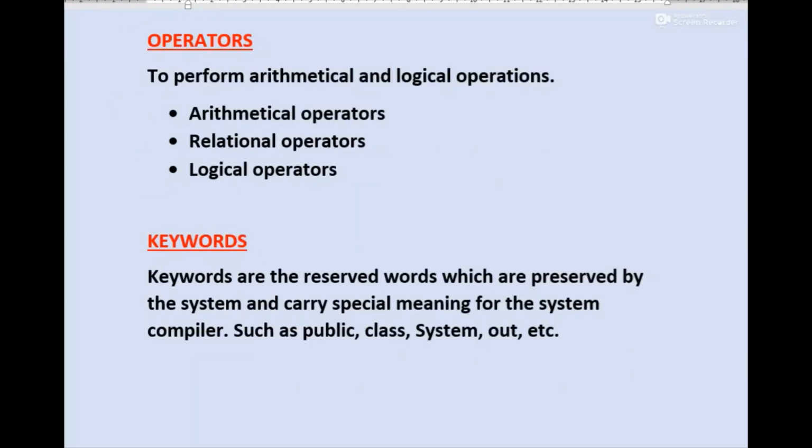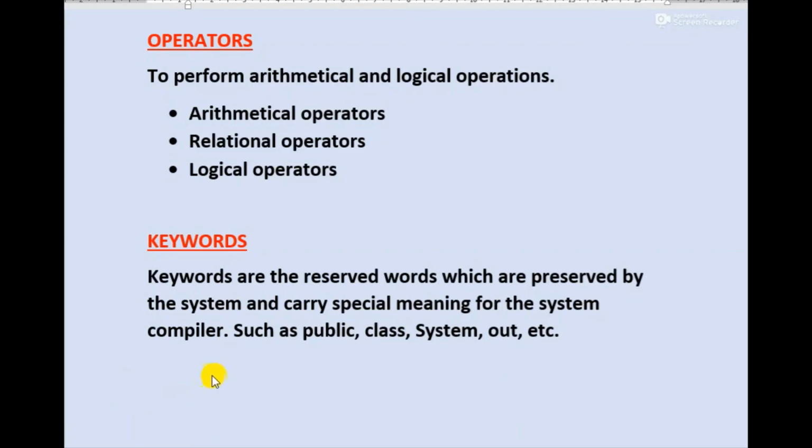And the next token is keywords. Keywords are the reserved words which are already available in the Java library, and they contain some special meaning which is already known by the compiler. We need these keywords whenever we are creating any Java program.